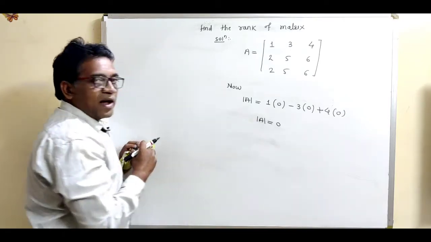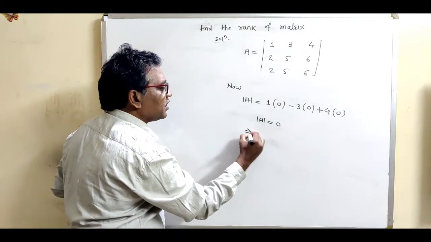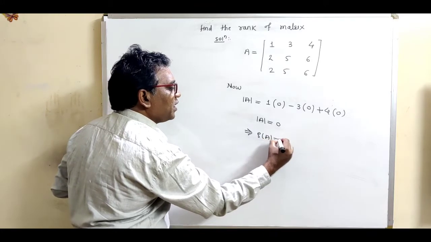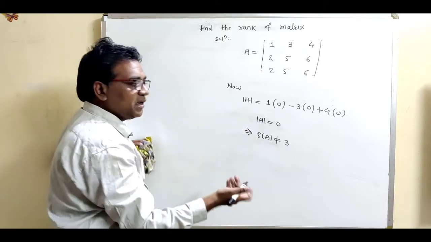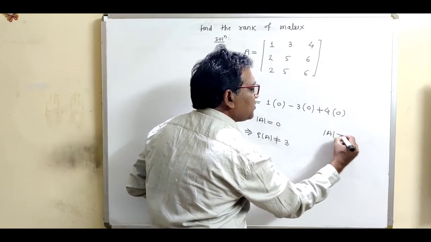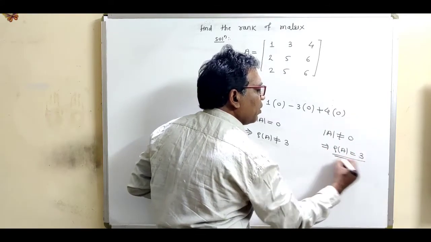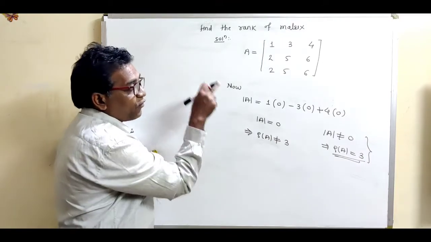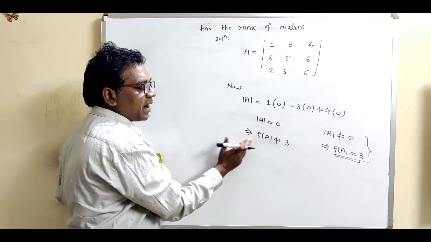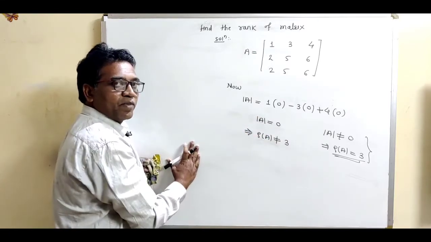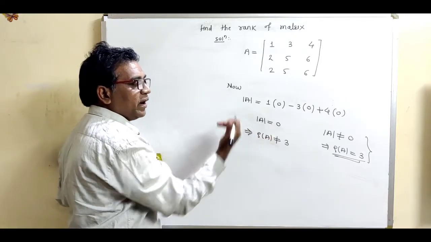Now see what we get here is that determinant of A vanishes. This implies that rank of A is not equal to 3. Now when we say that rank of A equals 3, it is if the determinant is non-zero, then and only then we can take its rank, and rank of A is obviously equal to 3. But for this matrix, we have found determinant of A is equal to 0. So the determinant is 0, that means rank of A is not equal to 3. So what is the second case? Rank of A may be 2 or it may be 1.